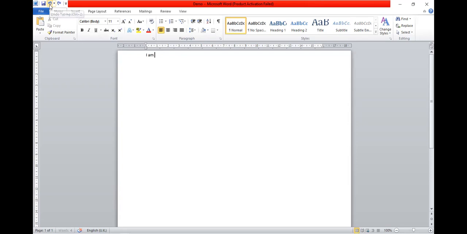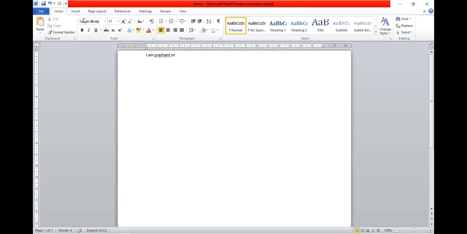Undo cancels the last action. Redo repeats the last action. So both are opposite actions. You can see when I click redo, all the typed text will be regenerated again. When I click undo, all the typing will be cancelled. So the last action will be cancelled. Undo करने से आपका जो टाइपिंग किया वो कैंसिल हो जाएगा और रीडू क्लिक करने के बाद आपने जो भी टाइप किया है वो आपको मिल जाएगा वापस.